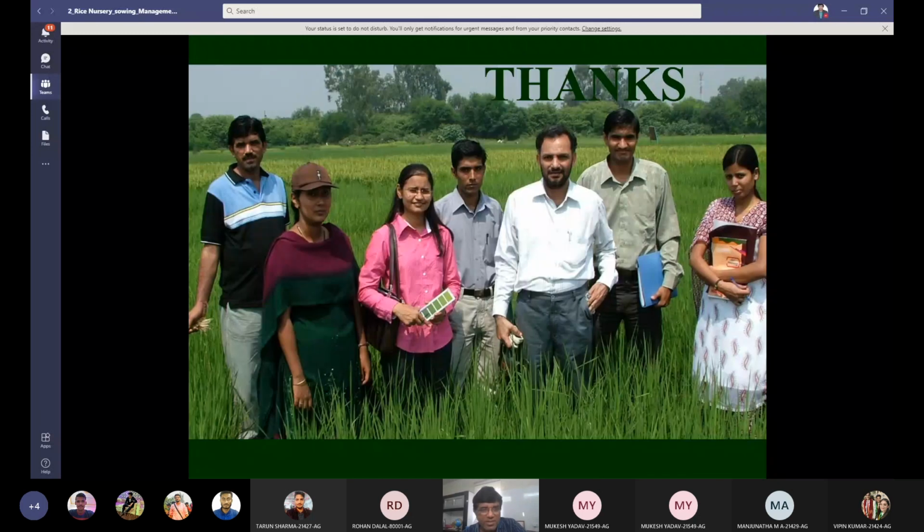So friends, it finishes the course, and this picture is from this course when the leaf color chart was introduced, sometime in 2006 or 7. I'm on the extreme left side and then some students. Dr. Bana is a scientist here and Dr. Y.A. Shive is also here.